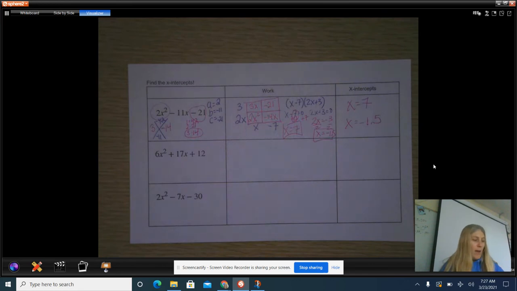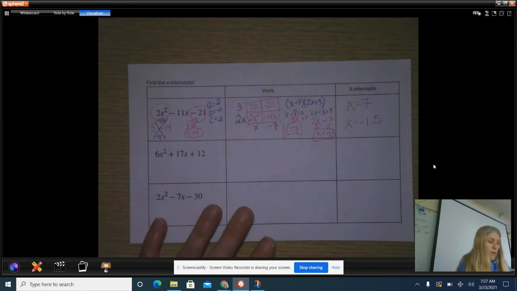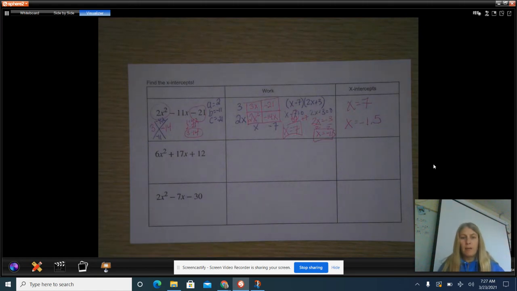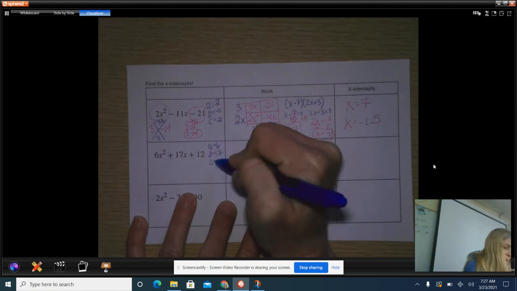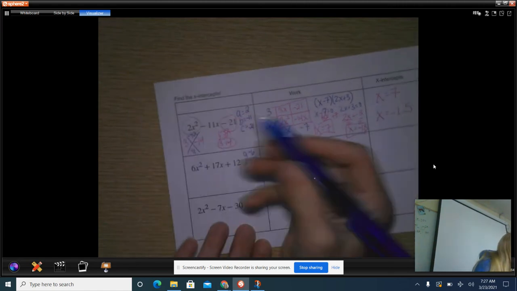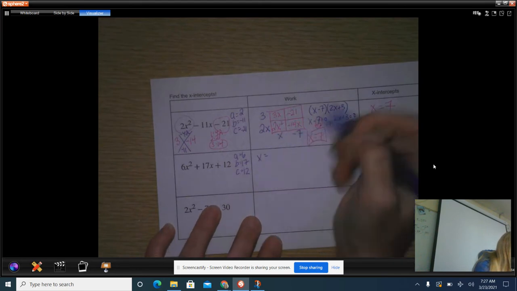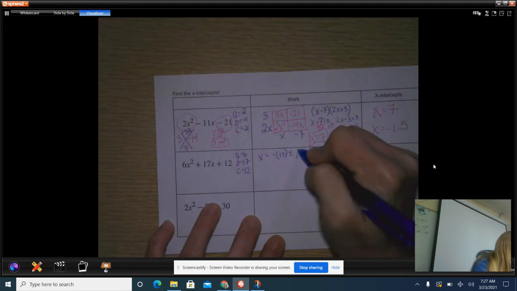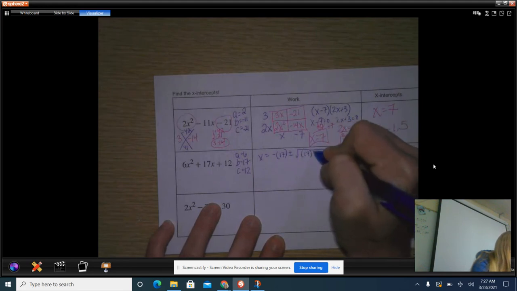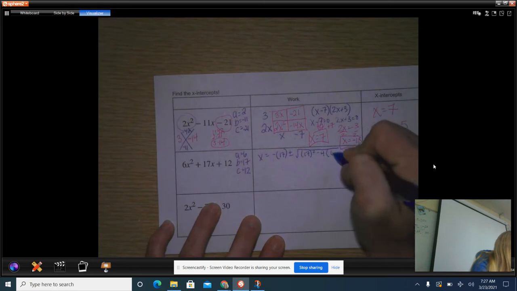Okay, let's use the quadratic formula for the next one. So remember, my quadratic formula is x equals negative b plus or minus the square root of b squared minus 4ac, all over 2a. So my a is 6, my b is 17, and my c is 12. So x is equal to negative b plus or minus the square root of b squared minus 4ac